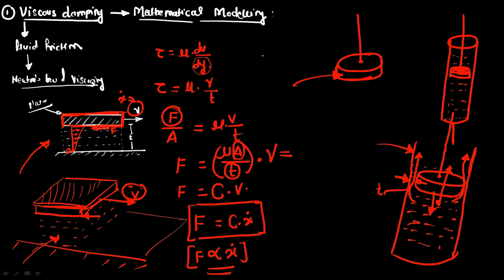You can get this value as, sorry, 2 pi r, that is this circumference, and you have to measure this height for that piston. Just take this as y. So this is 2 pi r into y, the surface area. You can put this value in this equation. From these two parameters, that is the height and the gap, you will get the constant value for this particular damper. If you change the value of t, or if you change the surface area, then the value of the constant will change.